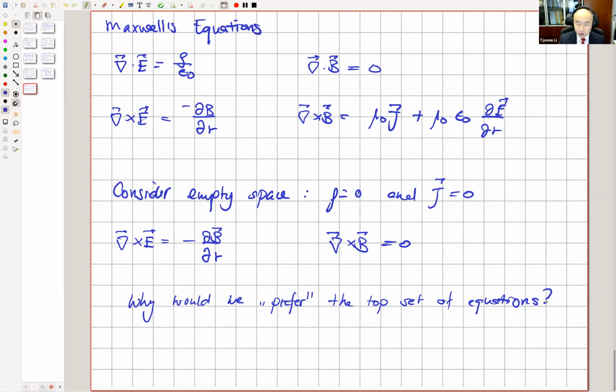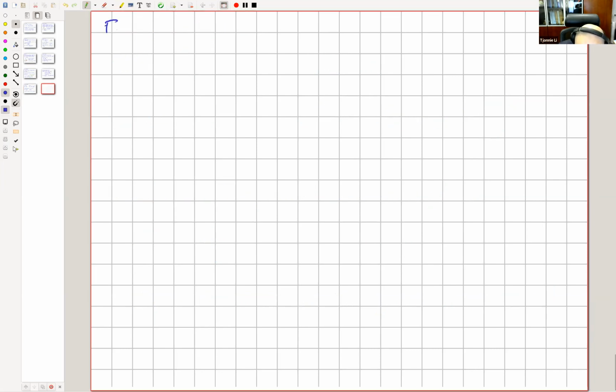If you recall, when we talked about the electromagnetic fields, I showed you the expression for the electric field, the energy or energy density associated with the electric field. So let's talk about the energy density